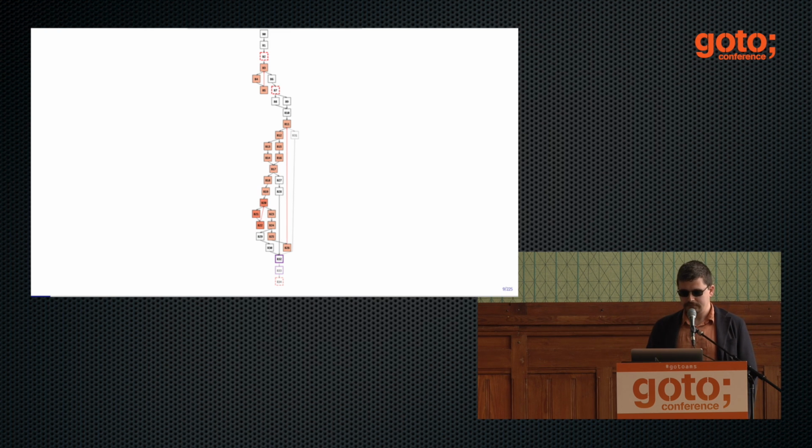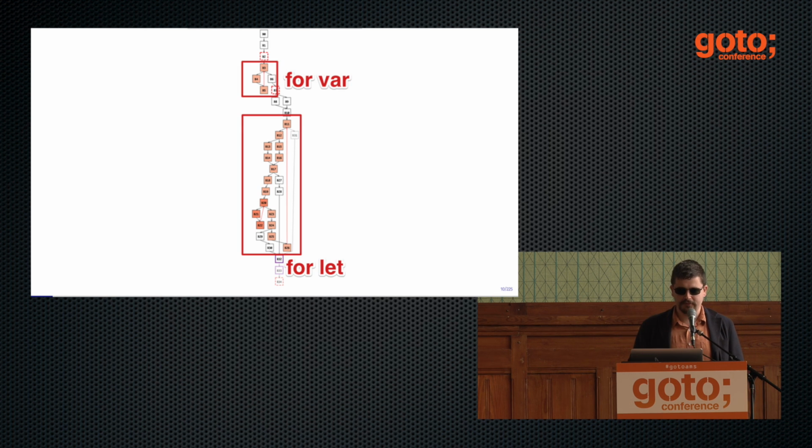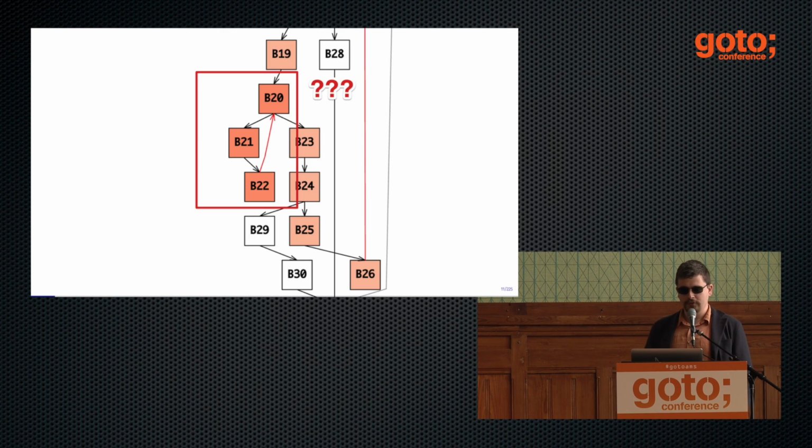It doesn't really matter what actually happens, but you can see some suspicious things are happening because you have the loop with for var up there, and somehow there is a very big loop down there, which is considerably bigger. And what's most suspicious is that there is a loop inside the loop if you use the let binding in the for loop. This is really strange.